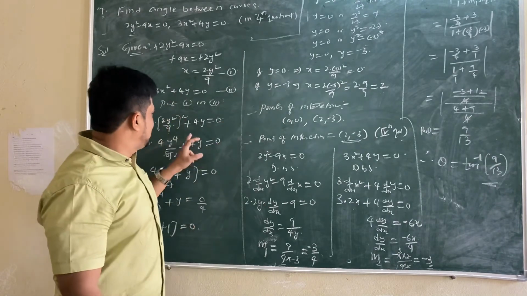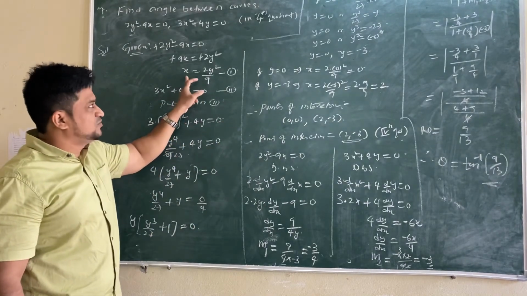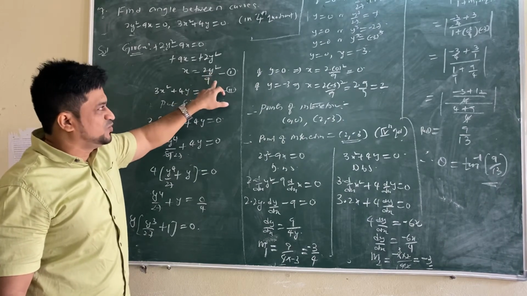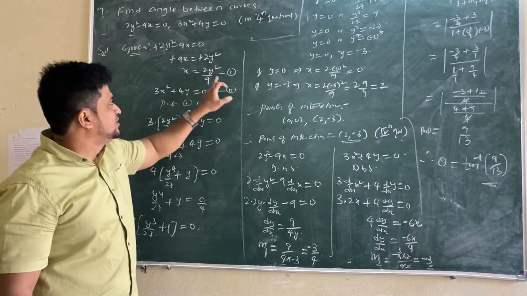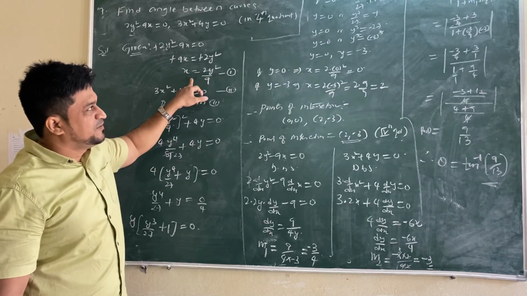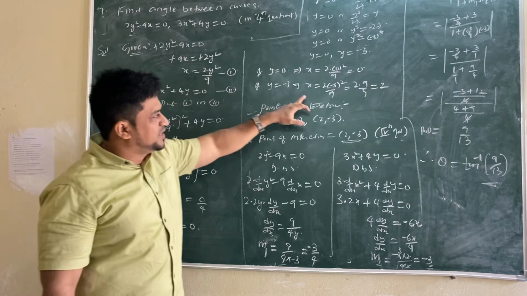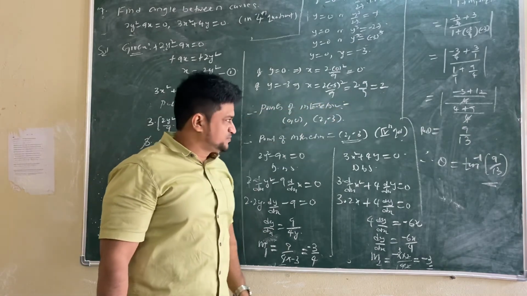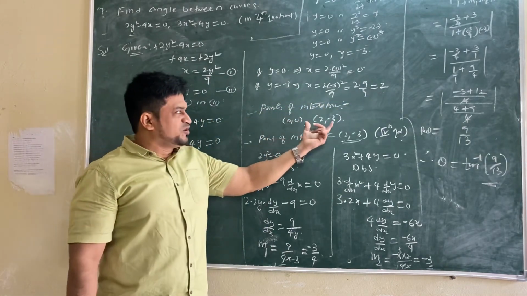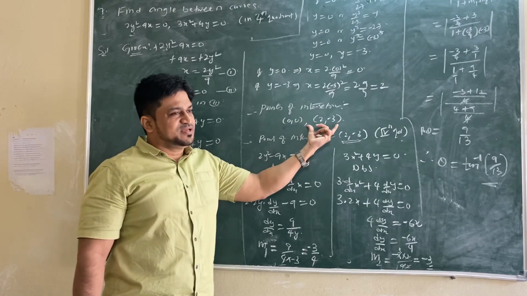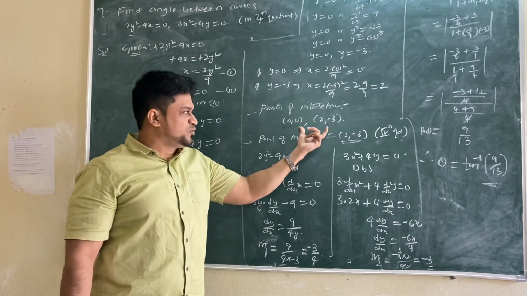If we substitute in y equation, this value. Y value is how much? 0. 2 into 0 square by 9 is 0 itself. So 0 comma 0. Then second one, what we have to take? Minus 3. If we substitute minus 3 here, you will get 9 and cancel 2. We got 2 points of intersection. We are not selecting first point. Which point we are taking? Second point for m1 and m2.